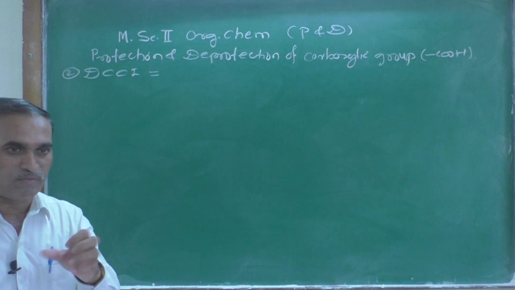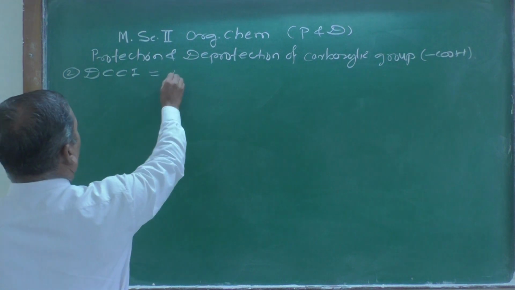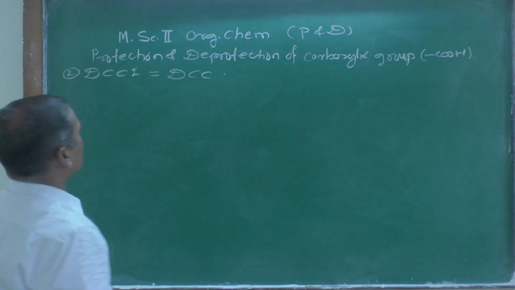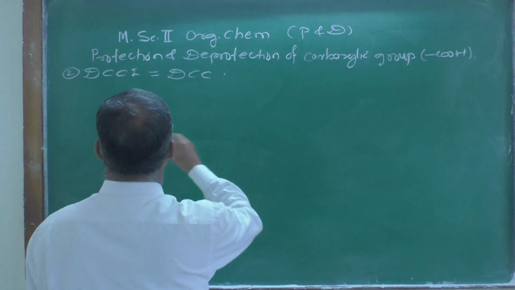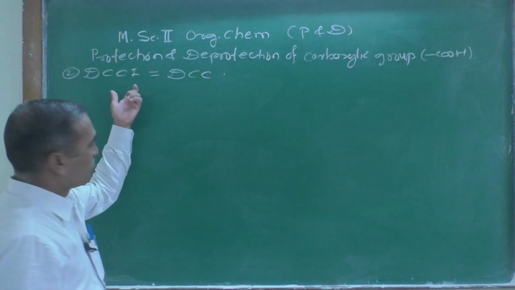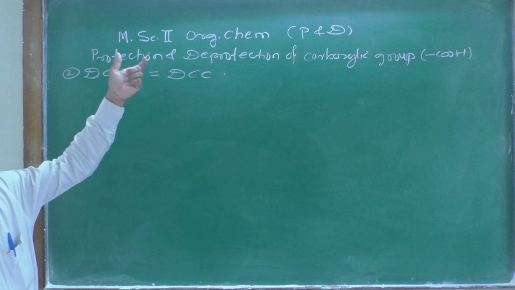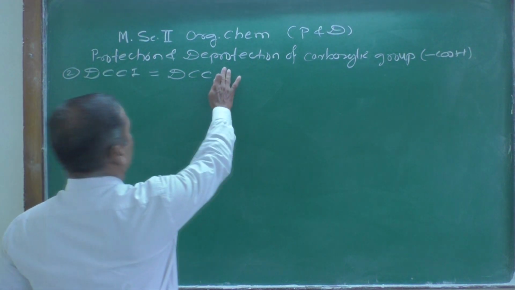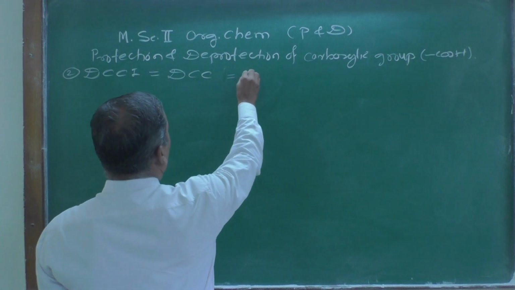What will be the full form of DCC? Sometimes it is referred to as DCCI, one and the same thing, but in our syllabus it is given as DCC. What is the full form of DCC? The full form of DCC is